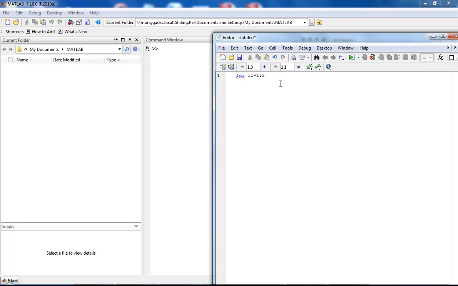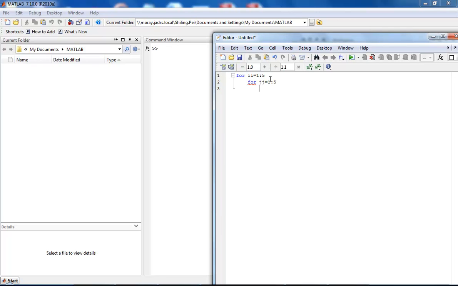1, 2, 5. I mean, you could use just I, but I is actually used in Matlab to represent the imaginary number. You can use I or J, but I like to use II and JJ, because by doing that, I know it's the counter in my for loop. So for a matrix, you need to do a for loop inside the for loop. So for JJ equals 1, 2,